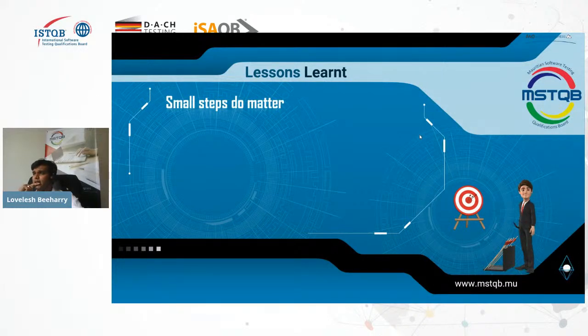Do matter in the sense that if we had the big bang approach, if we wanted to implement the Selenium Grid upfront, maybe the project would have been a failure. I've read quite some research papers about those implementations in some industries, and they implemented the big bang approach because they had a tight deadline. They wanted to do the test as soon as possible on different machines and so on. So the architecture, the design that they came forward with, was not suited for a long term gain over the project. So that's why I'm saying that small steps do matter, because we did it step